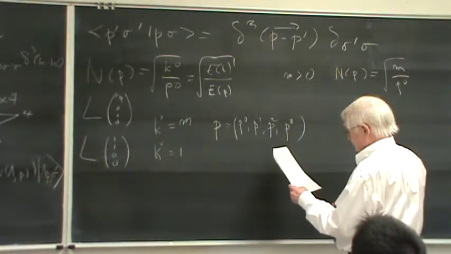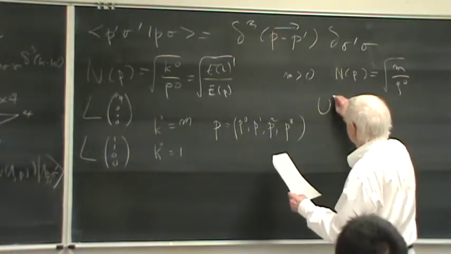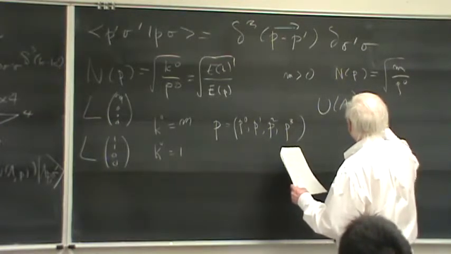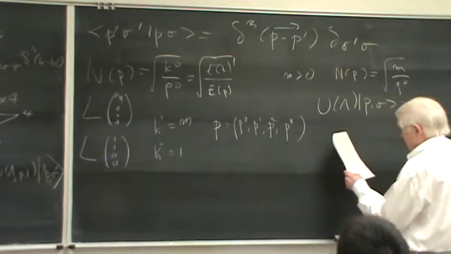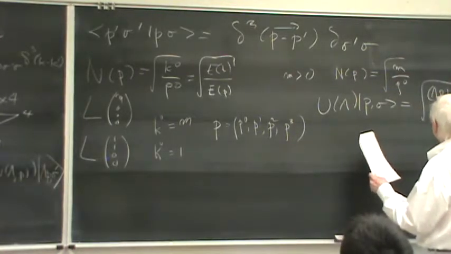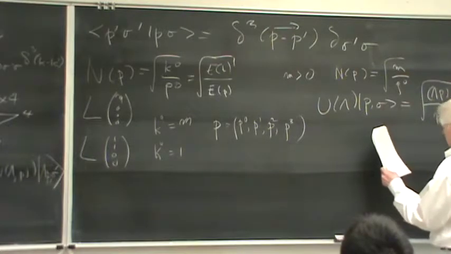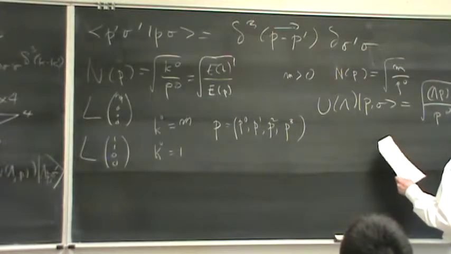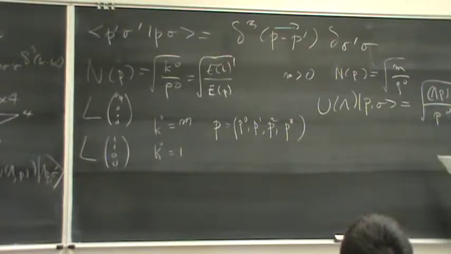And U of L on the state p, sigma is the square root of lambda P0 over P0, sum over sigma prime of D^(j)_{sigma prime sigma} of W, the Wigner rotation,